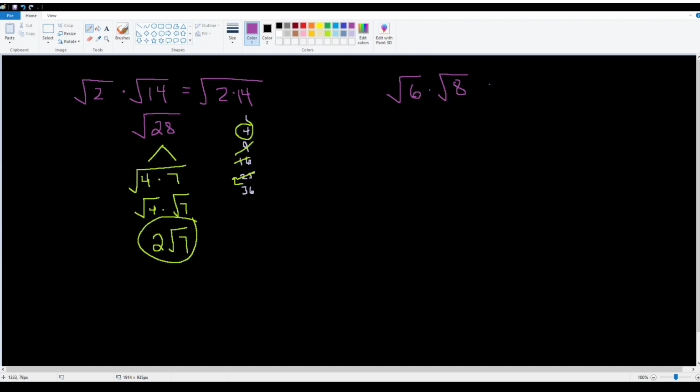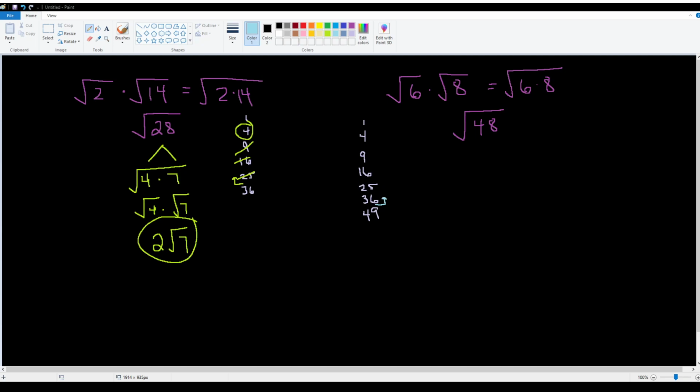So we have the square root of 6 times 8, and 6 times 8 just gives us 48. So I go back to my list of perfect squares, and I'm working with any number that is less than 48. So I'm working with every number from here and down. So I start with